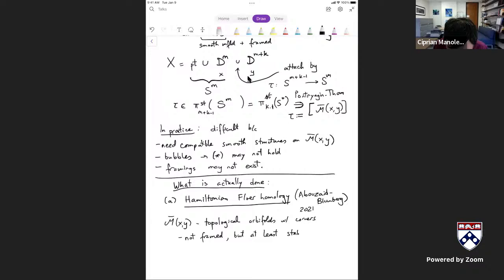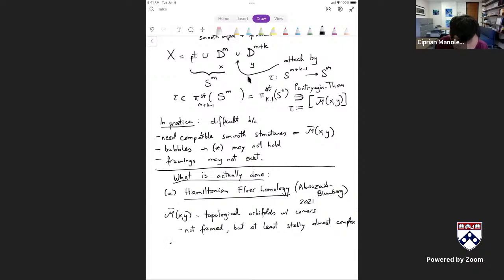they're stably almost complex. So you can reduce their structure group to U. The framing issue is, in a sense, the most essential one. Working with topological instead of smooth has to do with general smoothing theory and Kirby-Siebenmann and stuff like that. But topological manifolds also have tangent bundles, they have microbundles. So these are technical points, but the framing is a real issue. And you cannot expect to get a Floer homotopy type,